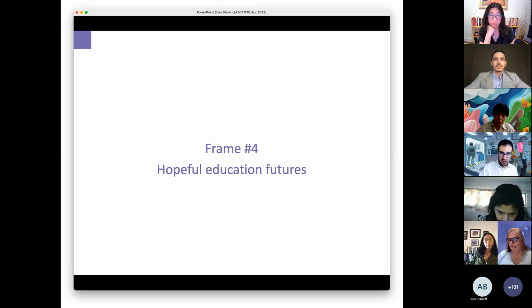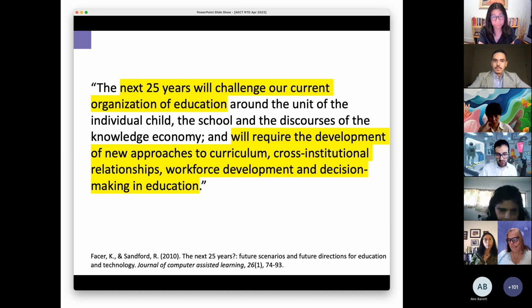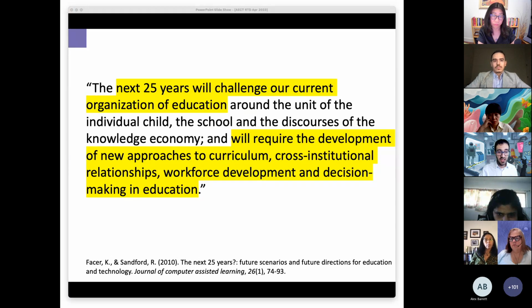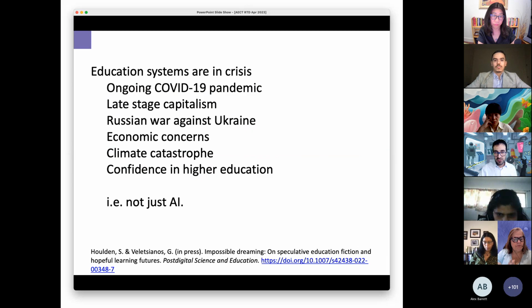The fourth and last frame that I'd like to suggest is the idea of hopeful education futures. There's lots of work that has centered around what the future of education should look like. There's a quote from a paper from 2010 that essentially says the next 25 years will challenge our current organization of education, and they will require the development of new approaches to curriculum, cross-institutional relationships, workforce development, and so on. Even though this was written in 2010, it rings true today, largely because of developments in AI that we have seen recently. But we also know that education systems broadly are in crisis, not only because of AI, but